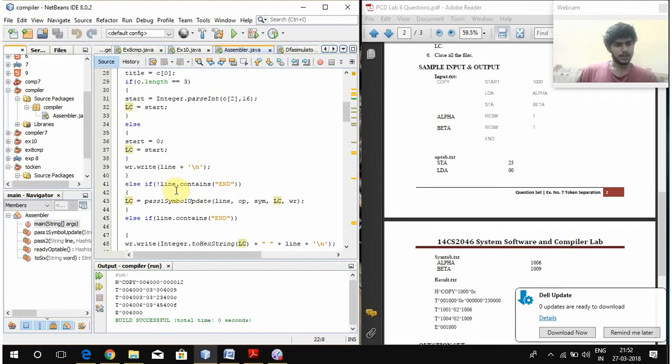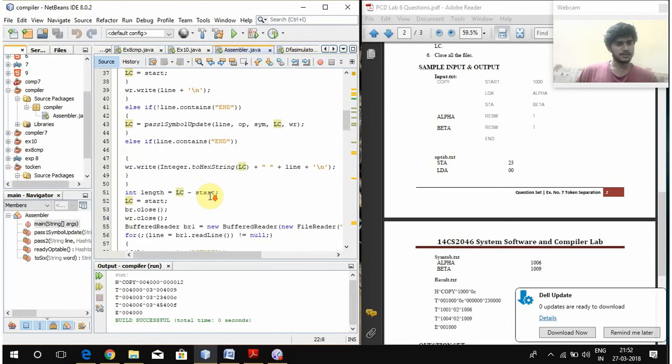Else if line contains end, then it will be in the toxic program as we are mentioning over here, and then else c equals pass one symbol update line of symbol lc wr. This is how we are going to write an opcode symbol lc writer, and we are going to see here else if line.contains the end of the program. Again